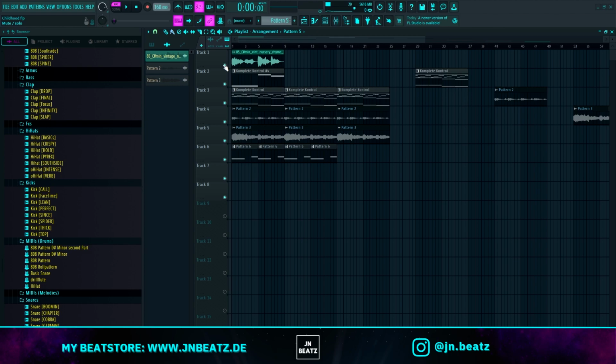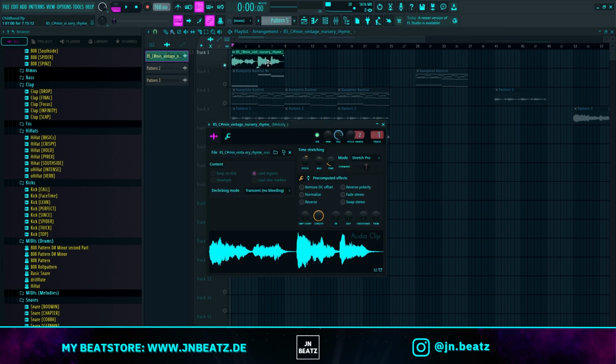I started the loop with a crazy vocal I found on Splice. It reminds me of the song Riot from Nardo Wick. The sample was originally in C# minor and I pitched it up 2 semitones, so we are in the key